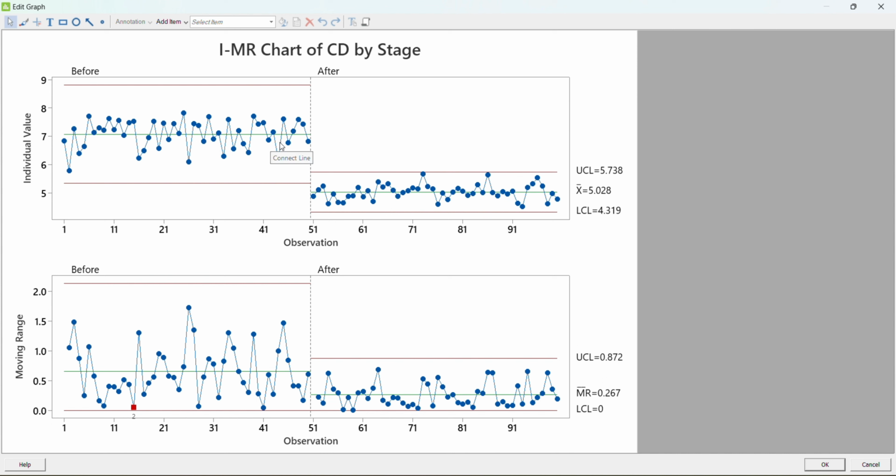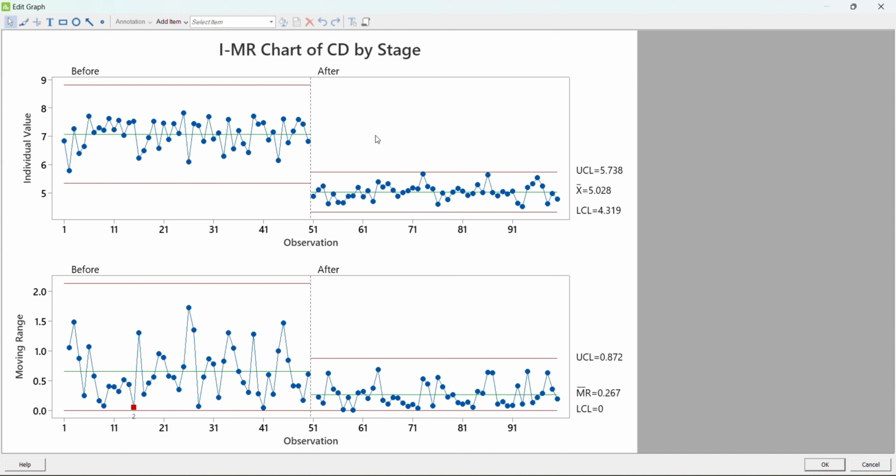I can very clearly graphically explain to my stakeholders that I was successfully able to reduce the central tendency of the process, that is called duration, and I was also able to reduce the variation, and both are coming out in the same graph very clearly with respect to time. So we are able to compare variation, central tendency, and both with respect